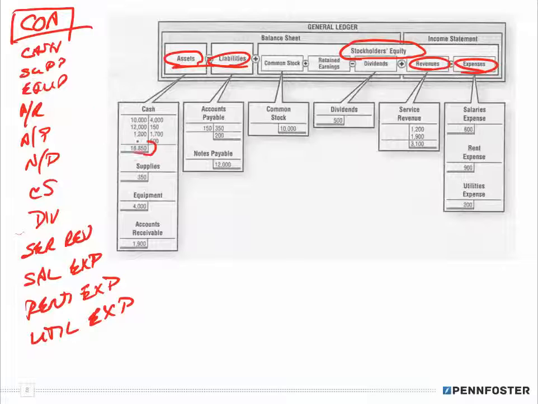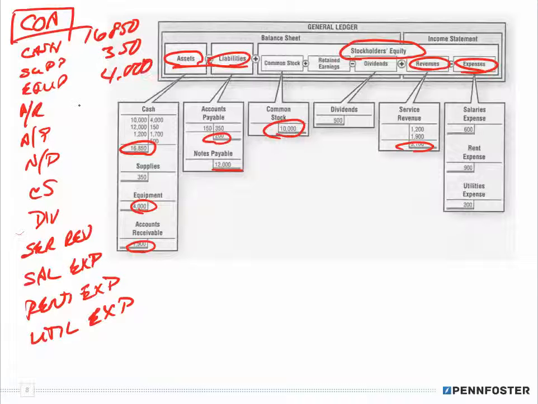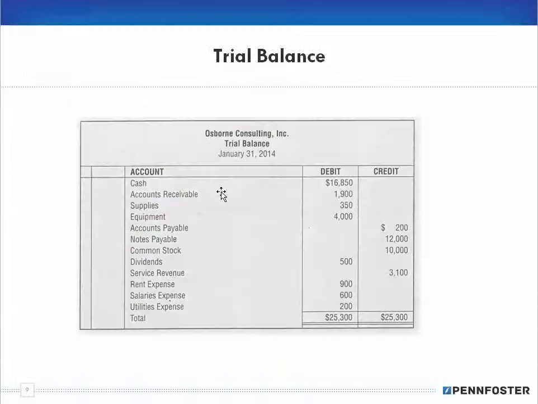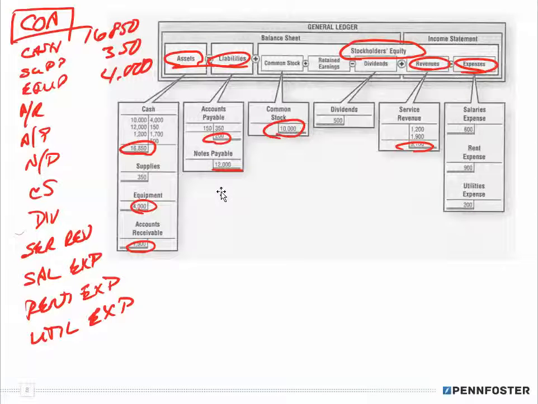Okay. But now notice we have balances in those accounts. Right? $200 balance in accounts payable, $10,000 in common stock, $3,100 in service revenue. Well, if we list the balances in the accounts next to them, what we're doing here is actually creating a trial balance. All we need to do is know what date that is, and that takes us to the next slide, our trial balance. Okay, so I'm going to pause here because the thrust of this video was T accounts,